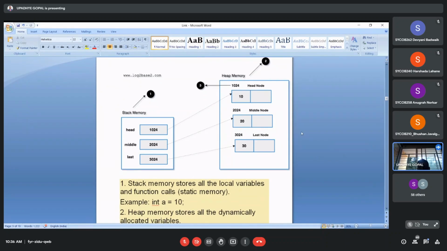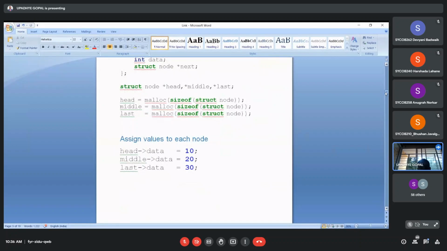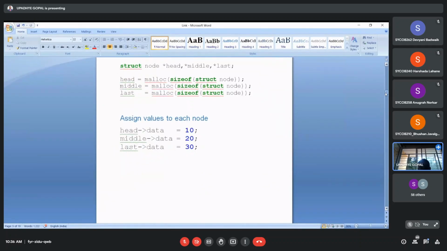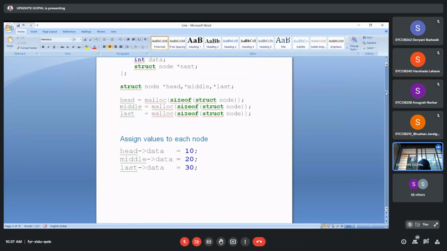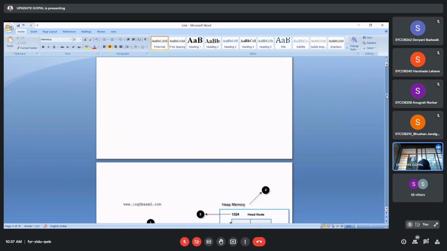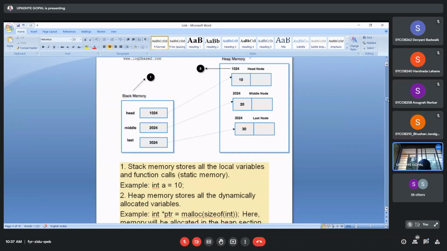So likewise we will consider head node, middle node, and last node similar to the given representation. Head consists of the value 10, that is data, middle consists of 20, and last consists of 30. All these are kept on memory locations 1024, 2024, 3024. I hope this much is clear to you.